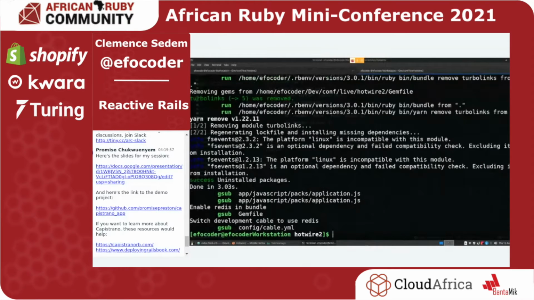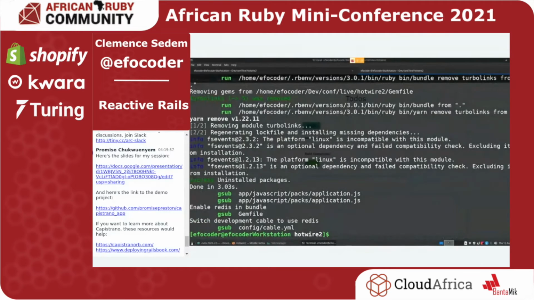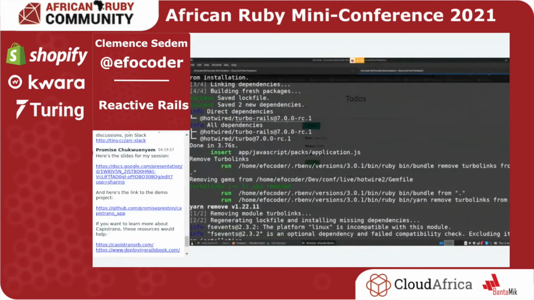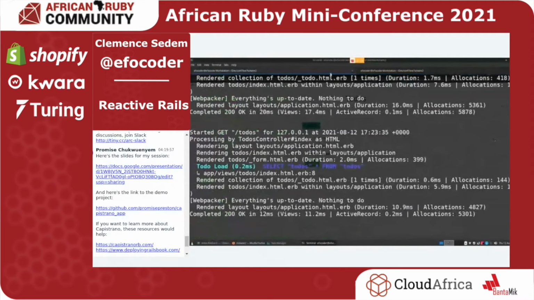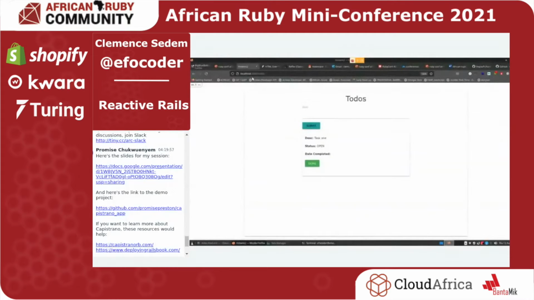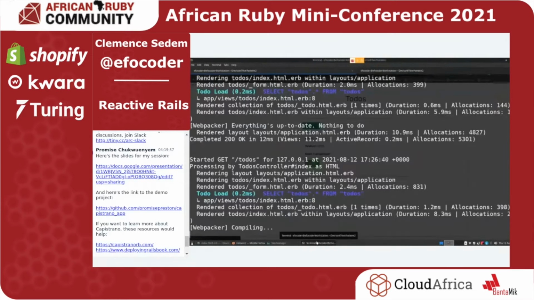So now, if we check our code, we have some files that have been created for us, the JavaScript application and the rest, and that is all we need. We don't need to modify any JavaScript file for now. So I don't think we'll modify anything, and if we refresh our page, nothing has changed. It wouldn't change anything. It's still the same